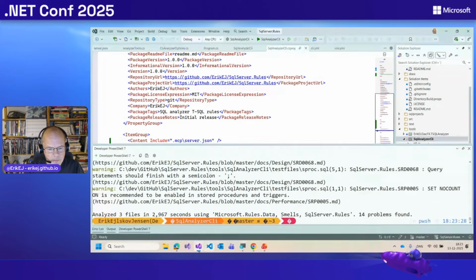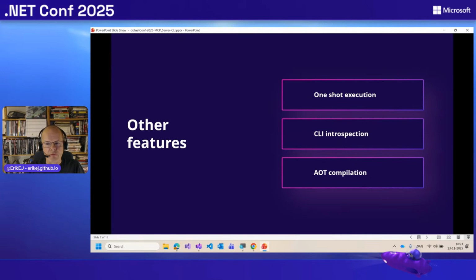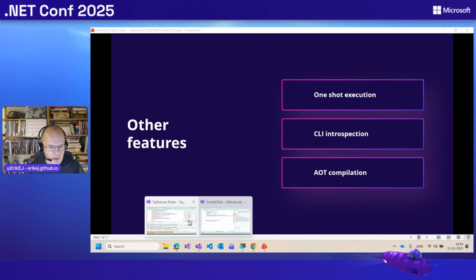So the fact that it's downloaded and run from our NuGet folder adds some interesting perspectives on how you are designing your tool. We will not have time to deep dive into that, but basically you have to think about a couple of things that are now more relevant than ever, because you want your MCP server to be responsive and installed quickly. So the way to get it installed quickly is, of course, to make sure that the size of your package is as small as possible.